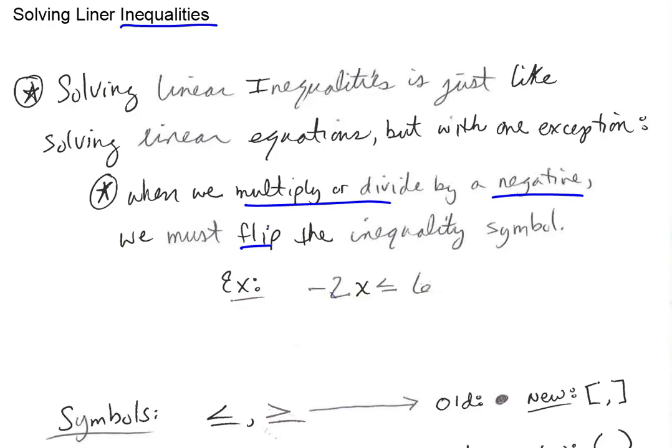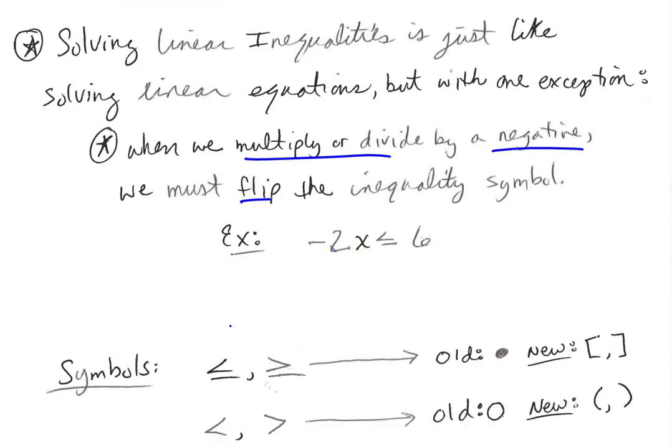For example, if we had the inequality stated as negative 2x is less than or equal to 6, and I wanted to solve it for x, which means get x alone, we would do the same kind of step as if it were an equation, which is I would divide both sides by negative 2 to get rid of the negative 2 that's in front of the x, which would leave me with just an x on the left side. But when dividing by a negative, as our note says above, this is a case where you have to flip